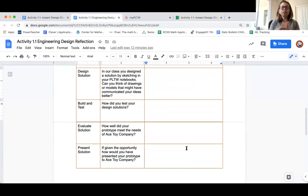Now, our process was not formal. Your sketches were not up to engineering standards for sure. And there's probably other ways that you could have communicated this or designed it before you built it. You could have done some 3D modeling. You could have done some detailed engineering sketches with dimensions. You could have done what we did in design and modeling, where you did top, front, side view with dimensions